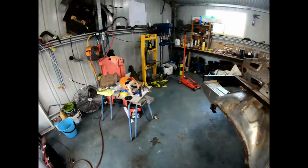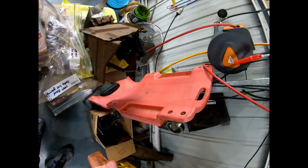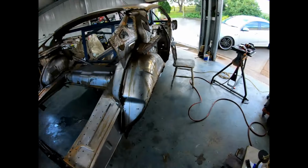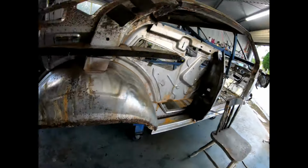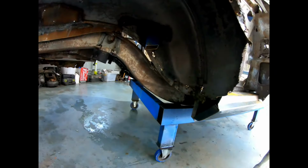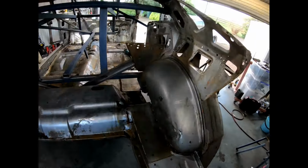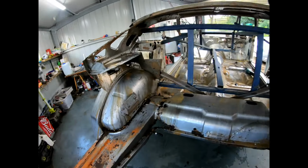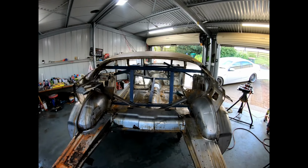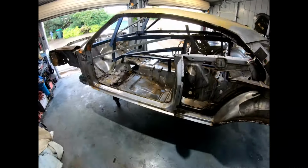Also, I use this little trolley thing you lay down on, get under the car and do stuff, so I use that to get under it and do a bit of overhead welding on the floor. But it's come out pretty good actually. All underneath is stripped back. But it's certainly a lot better if you go to send the car off to get sandblasted. Obviously, it'd be a lot easier, but